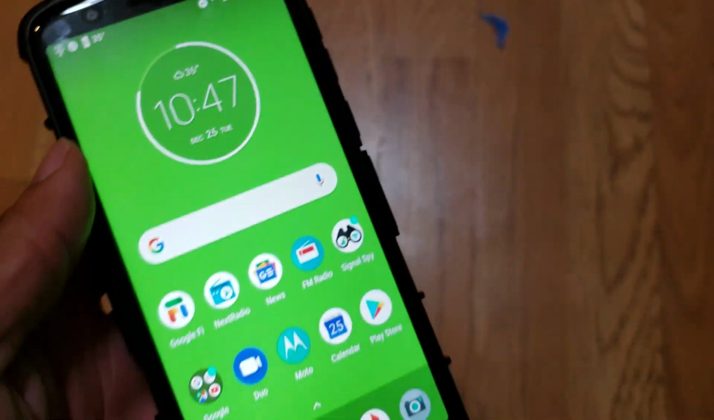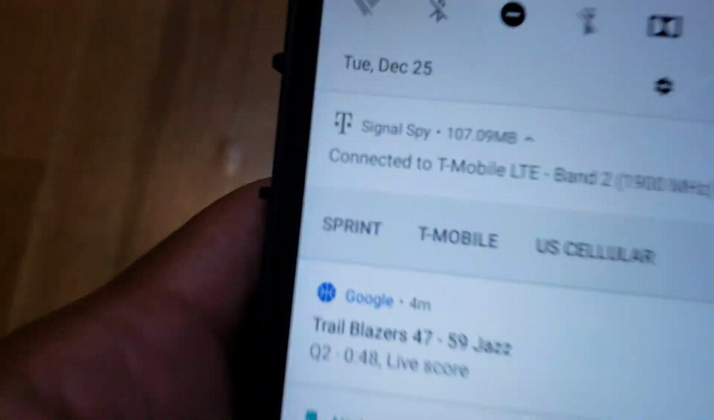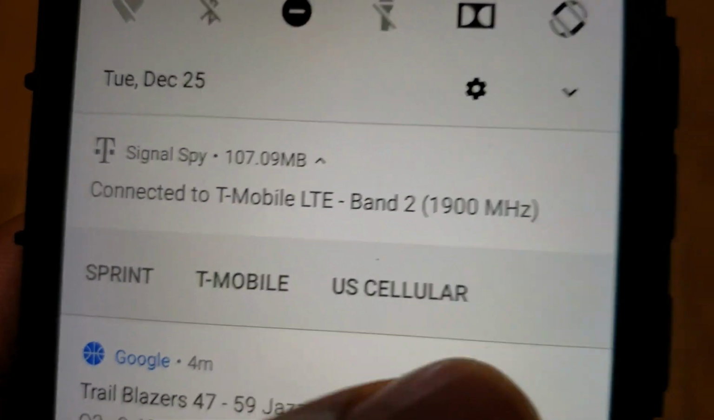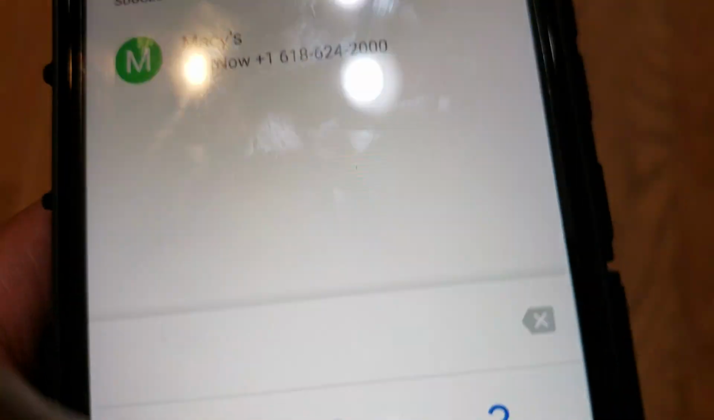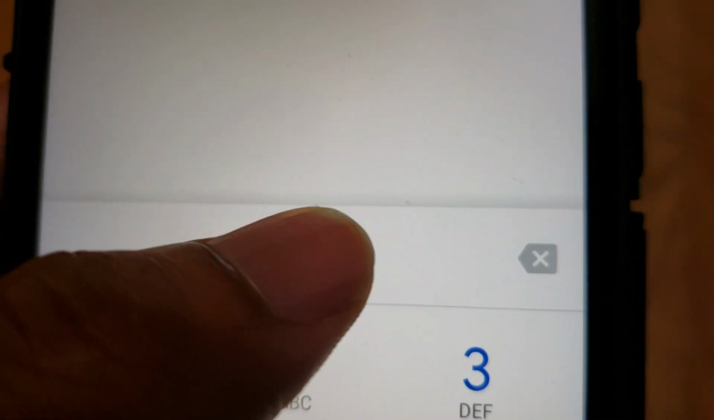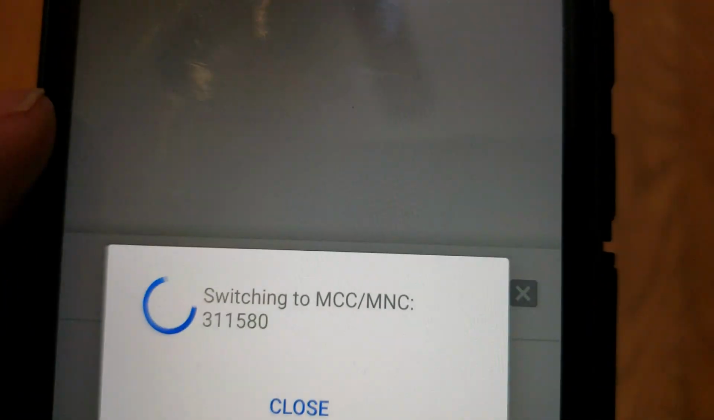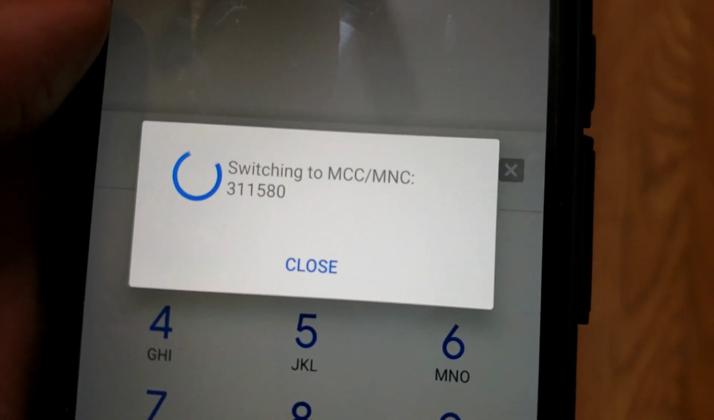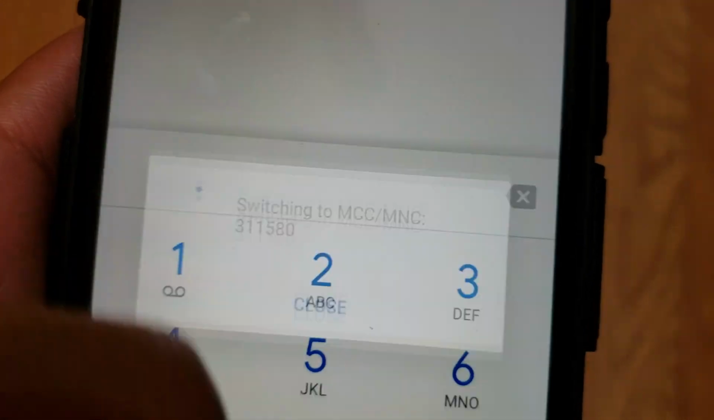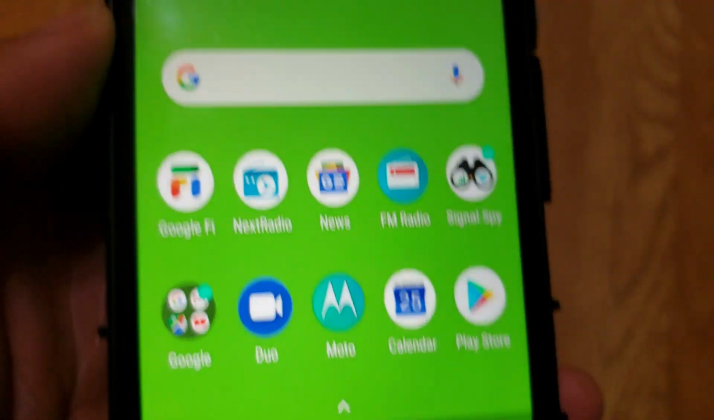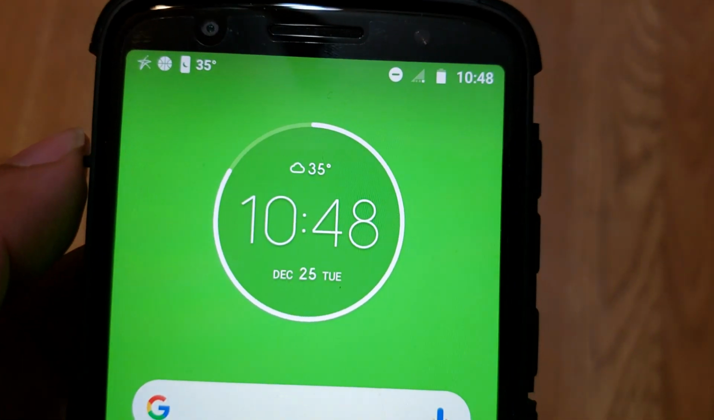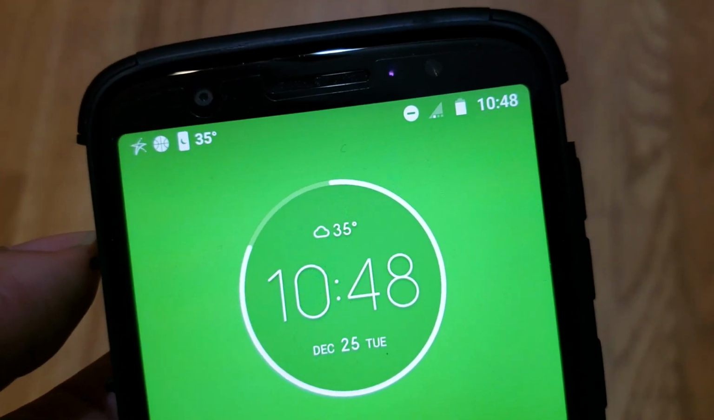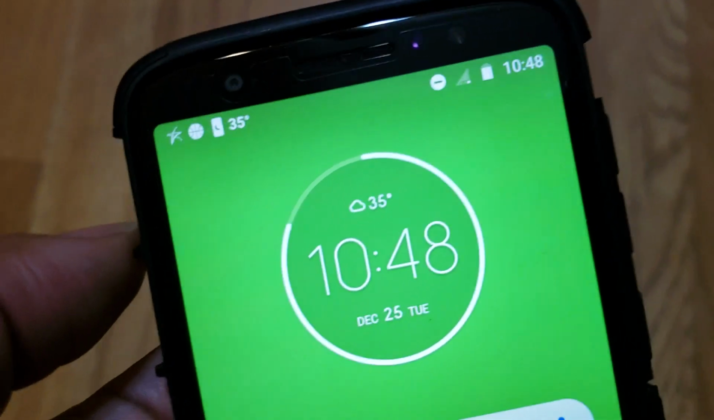All right, let's try it again, guys. Wow, it showed T-Mobile. Let's try again. Let's try the US Cellular. All right, let's try. Paste. Let's see if we can get US Cellular, guys. Here we go. Switch it to MCC. Okay, we can close that. Exit out. Let's see. All right, here we go. We're doing it live on YouTube. Well, not YouTube live, but